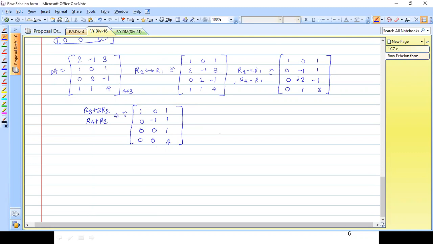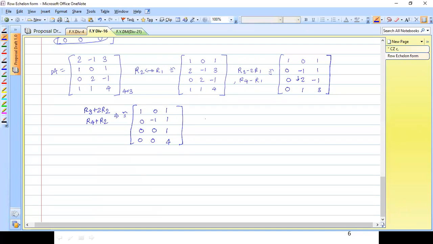No, sir. Why? Because below A33 there is 4. Absolutely correct. Because A11, all elements 0, A22 0, A33, I need to make this element 0. So many people just stop here only, and they say the rank is 4. But it is not, because it is not in row echelon form.